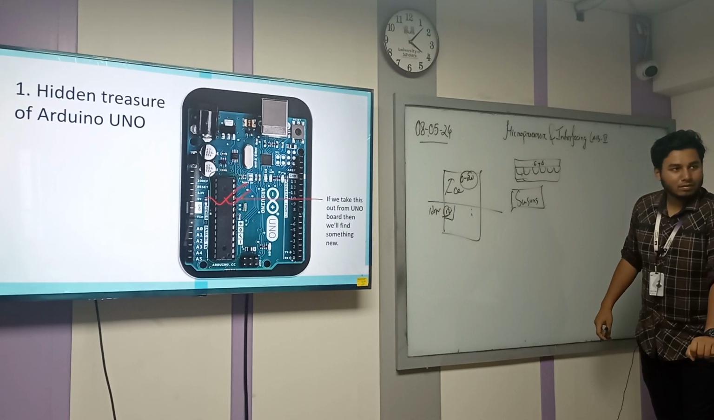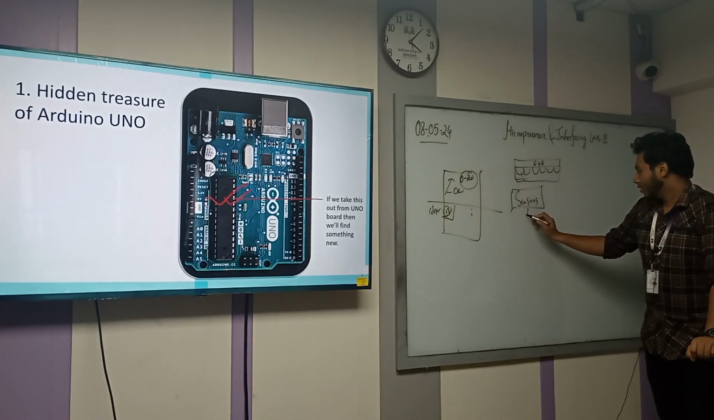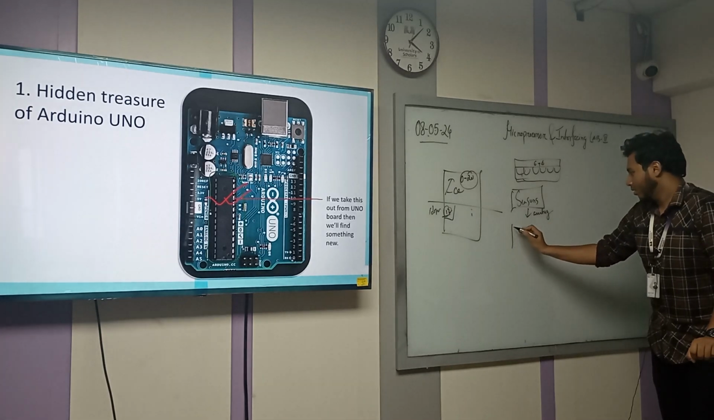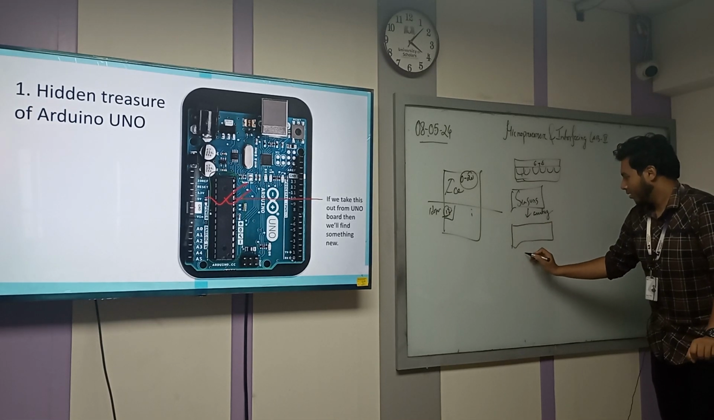This sensor counting this egg, and when we keep one egg, okay, this case is